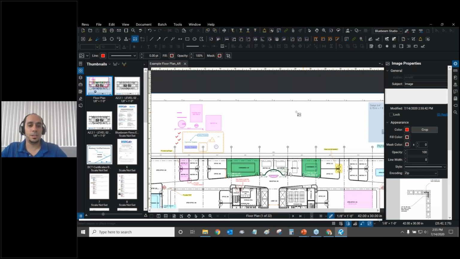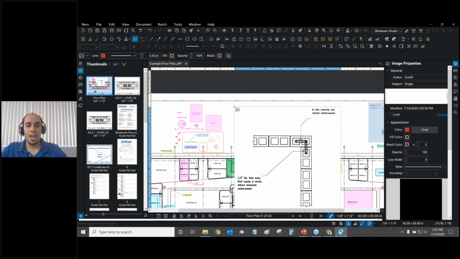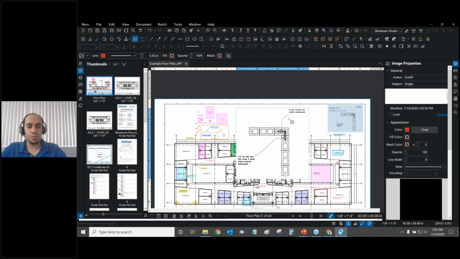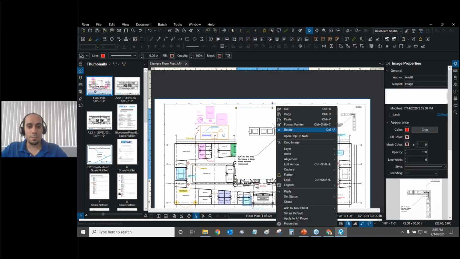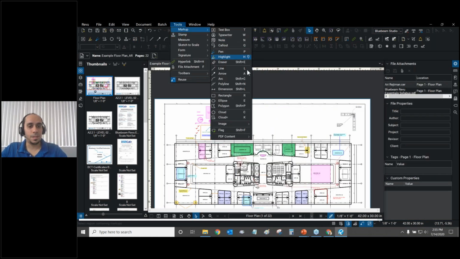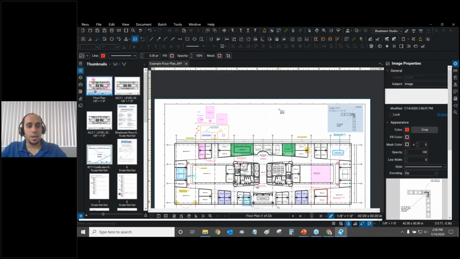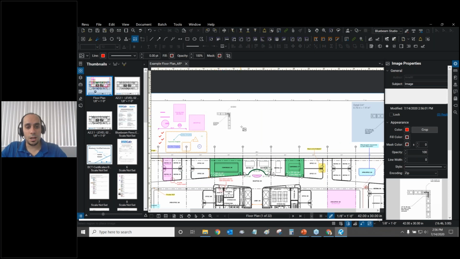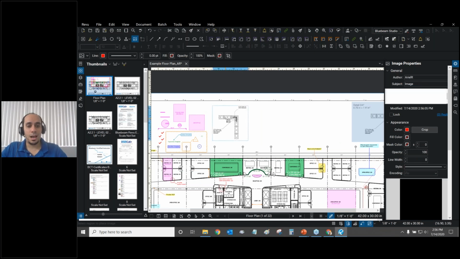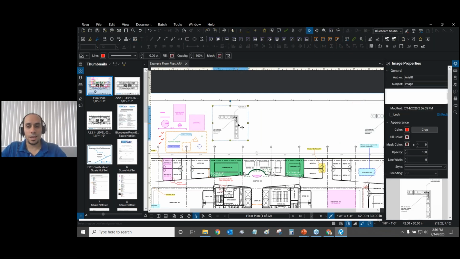A couple of ways to insert images is if you click once, the image comes out at whatever size it used to be. So this one's rather big. So I don't want it to be that big. I'm going to get rid of it, and let's do that again. Instead, I don't want to click once. I'm going to click and hold, and I can resize it on the fly, just like that. And now my wall area is ready to go, and I can move it.